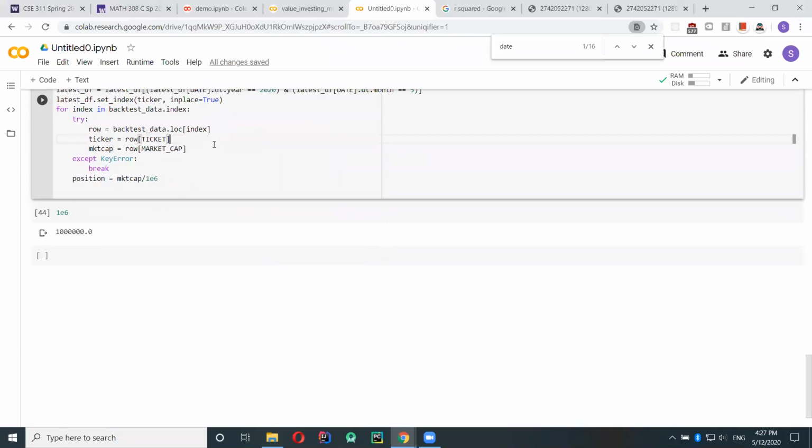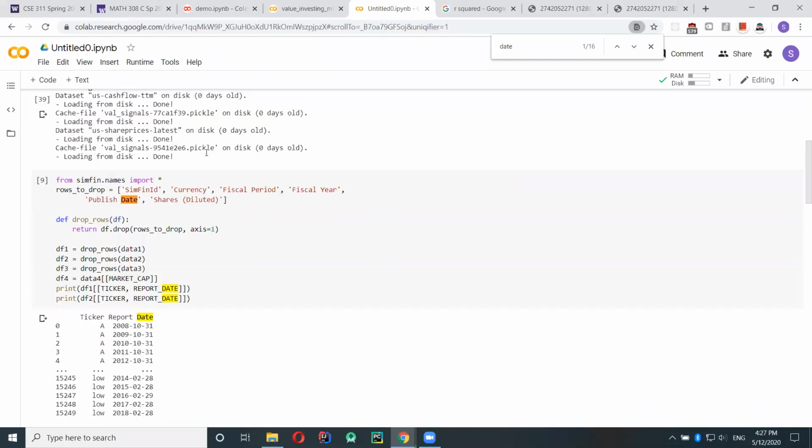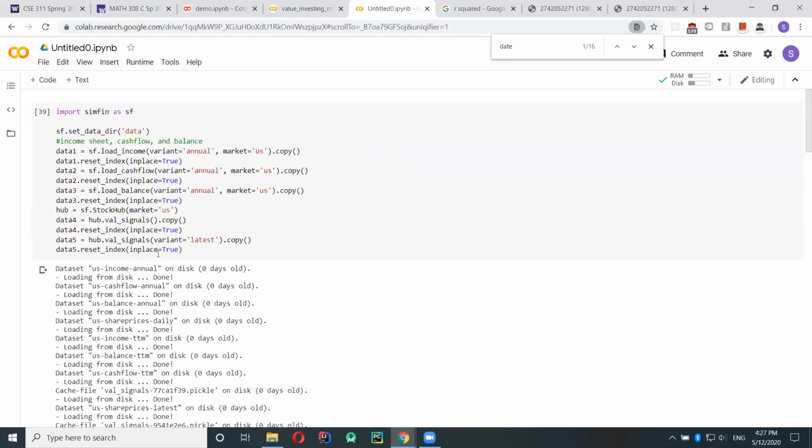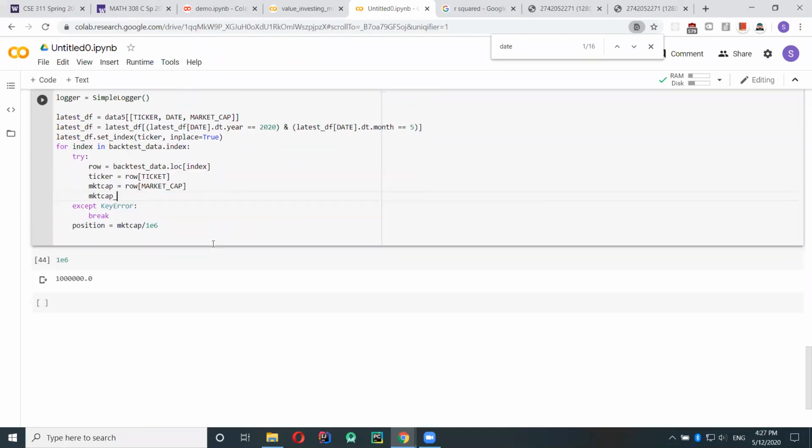Oh yeah, we also need to get the current market cap. If you remember from earlier, we got the latest data, so latest is current. So we want to get the current market cap. Market cap current equals.